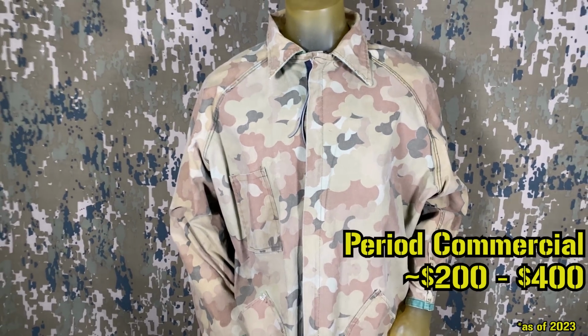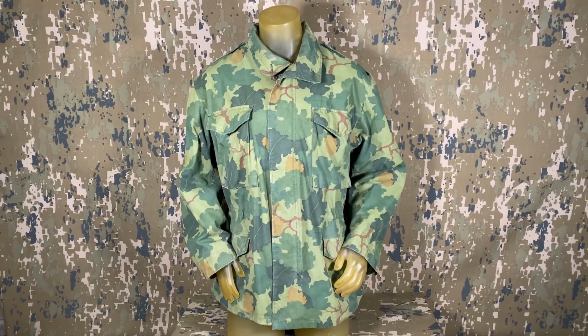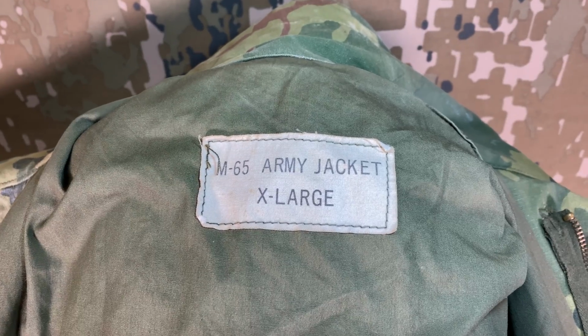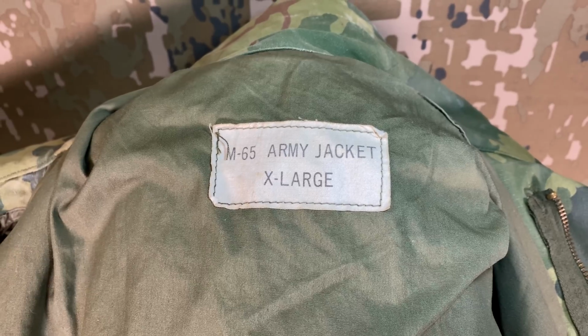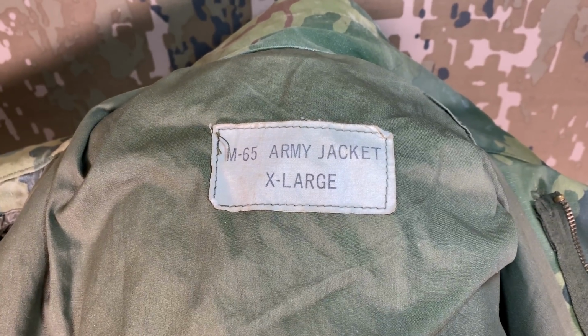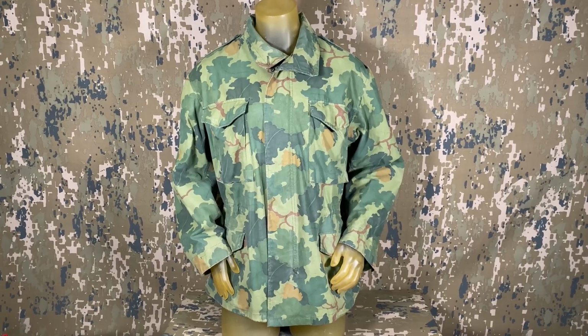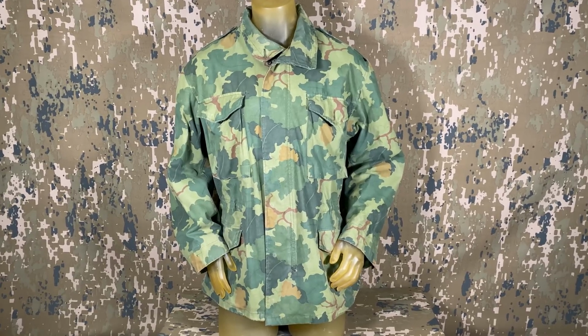That actually brings us to the final piece, which is a very strange one to say the least. It's an M65 field jacket made in the Mitchell pattern. Inside, all it has is a tag that says M65 Army Jacket and then the size. They were mentioned before in the history of video, but between now and then, no one has really come out and definitively proven whether these were directly connected to the military or simply commercial pieces made to look that they